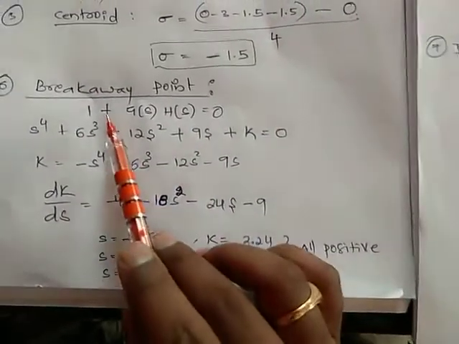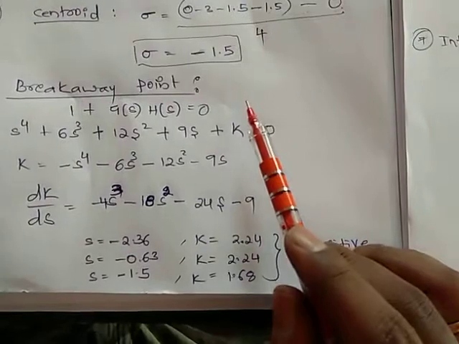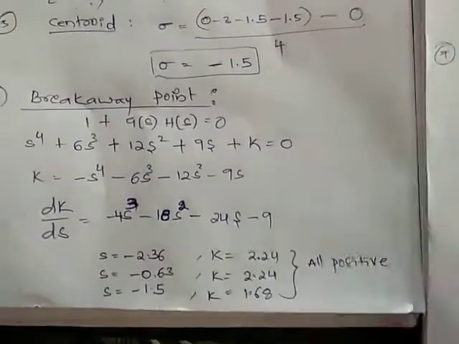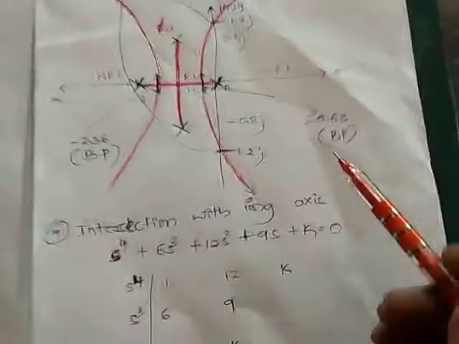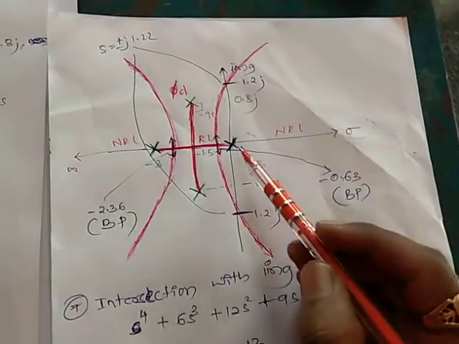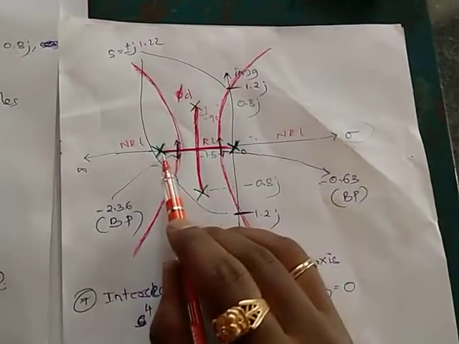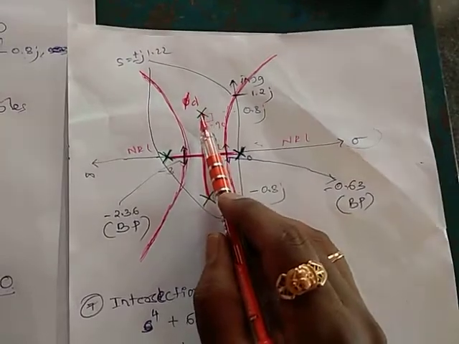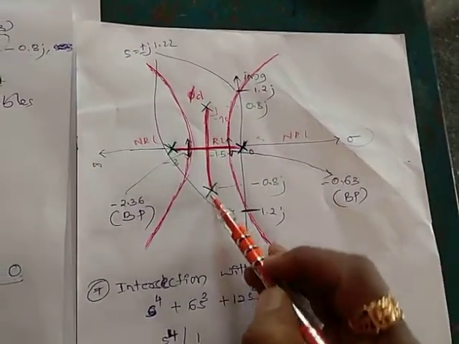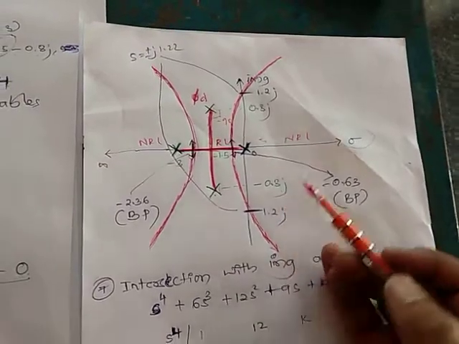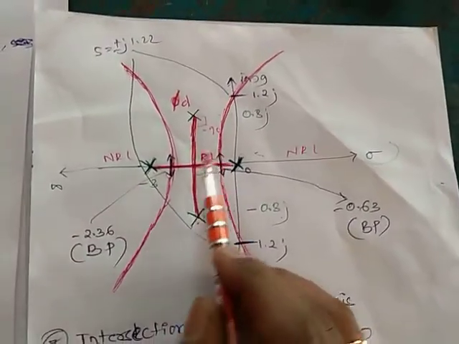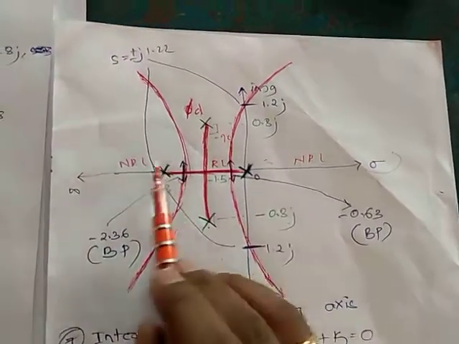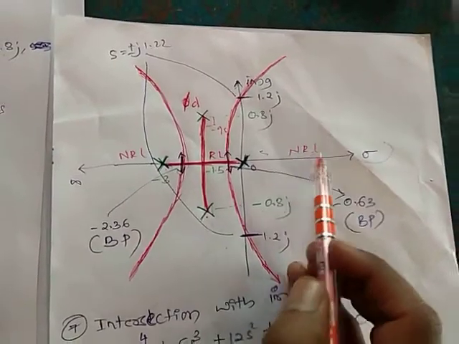After the centroid, we have the breakaway point. First we need to check with respect to the graph whether a breakaway point exists, according to the prediction. So before that we will draw the diagram till the centroid. You can see here we have 4 poles: s equals 0, s equals minus 3, s equals minus 1.5 plus 0.8j, and s equals minus 1.5 minus 0.8j, right? From the right-hand side, this is the first pole, so root locus exists and I have marked it by RL. On the other side I wrote NRL, that is, no root locus.